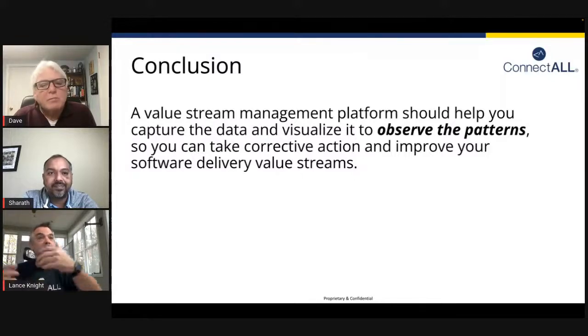Mm-hmm. But there's been this buzz about observability over the last few months, and I've just said, isn't this value stream management really, in a way? It is totally value stream management, right? Absolutely. Right. And I think that's what came. So give us 5 minutes, we'll teach you something. Hopefully we've taught a bunch of people stuff about how to think about enhancing their observability initiatives, and that they're trying to be more visible, and that a VSMP can do that.